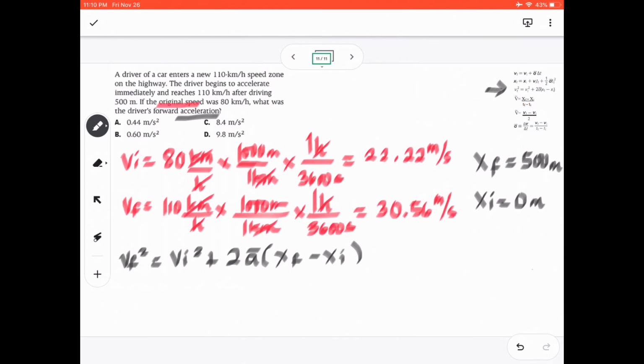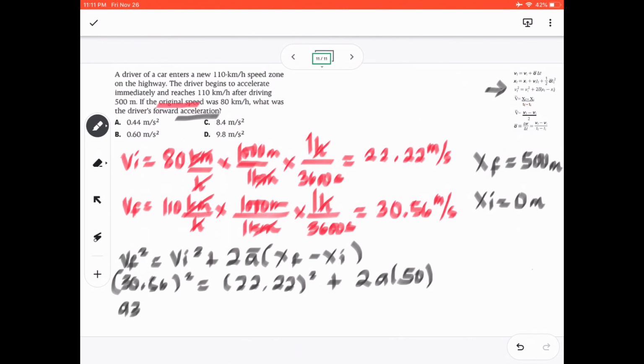VF is equal to 30.56 squared is equal to 22.22 squared plus 2, and A is unknown, multiplied by 500 for the XF. Then XI is 0, so we don't need to write it. Okay, simplifying this, we're going to get 933.913636 is equal to